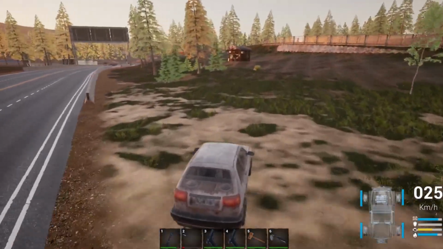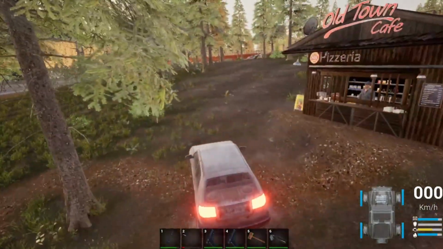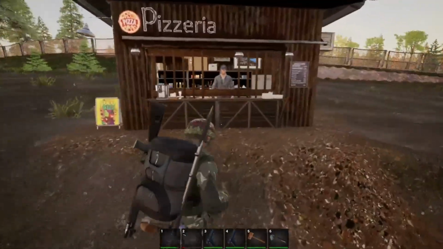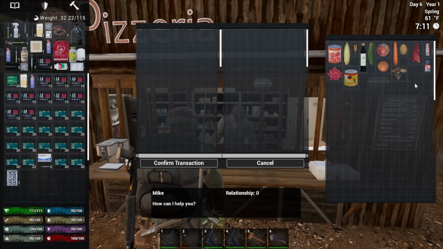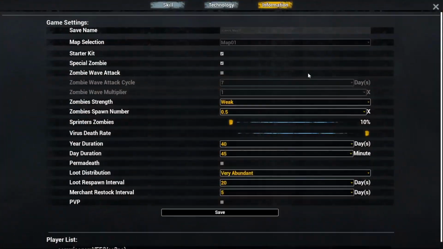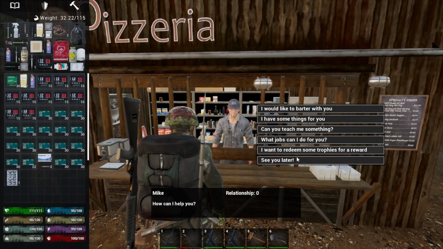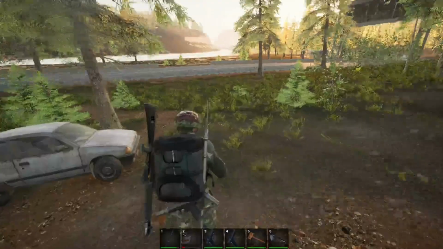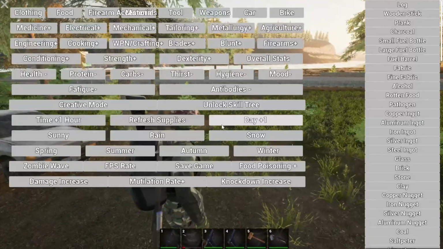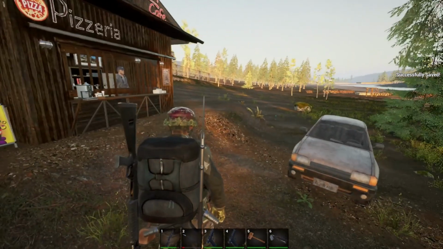Okay. I have merchant restock interval at 5 days. That means day 6, 12 a.m. He restocks. And we're at 7 a.m. on day 6. He still doesn't have honey. Merchant restock interval, 5 days. Is that the exact same lineup he had? Maybe stuff is weird because this is my science world and I'm constantly changing days and seasons and all that stuff in here. So I wonder...